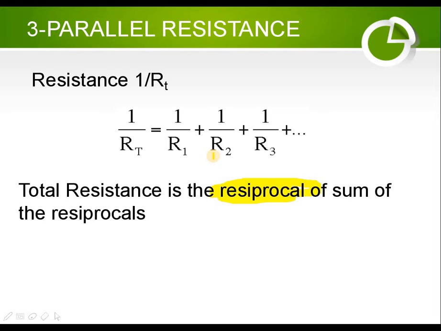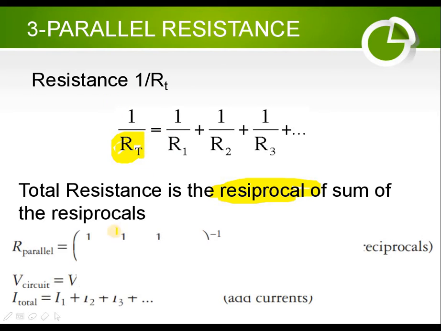I'm just kidding. Okay, coming back to the topic, the total resistance is the reciprocal of the sum of the reciprocals. As you can see, 1 over RT, the total resistance, is equal to 1 over R1 plus 1 over R2, reciprocal of R1, reciprocal of R2, reciprocal of R3, equals the reciprocal of